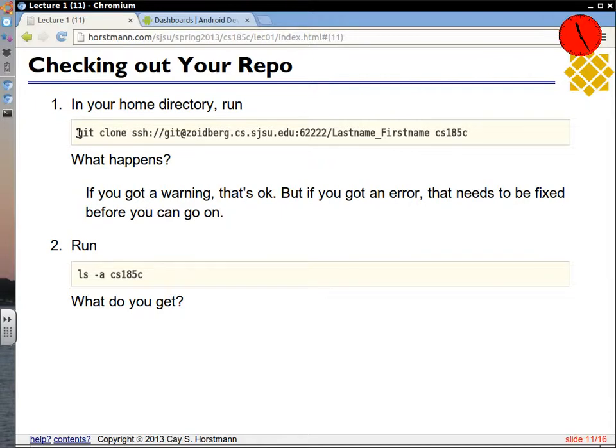If it asks you for a password, then you did not give me the right key or your key is misinstalled or something. It should do it without asking for a password. There is no password. Otherwise we'll need to debug what it is. Anytime that it asks for a password, it means it did not work.